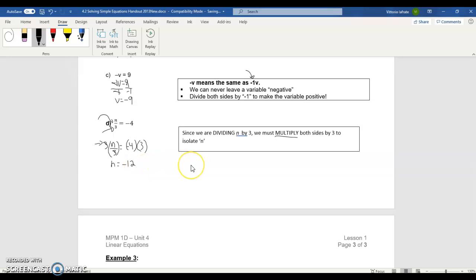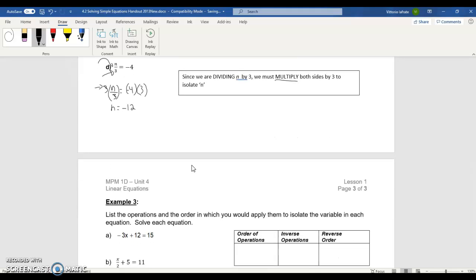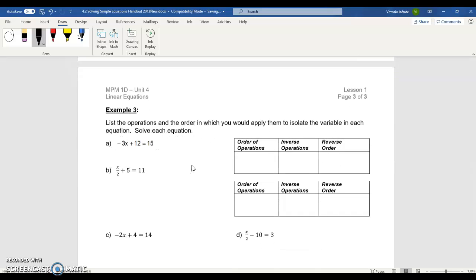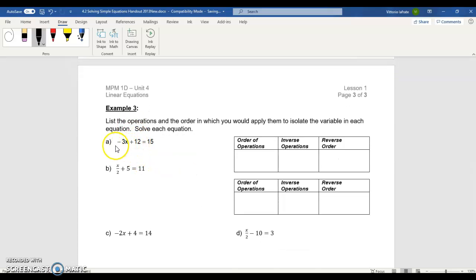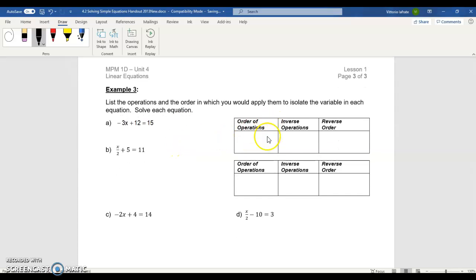And so we did some examples where we had to do inverse operations for multiplication and division. We've also done examples in part 1 of this video where we had to do inverse operations for addition and subtraction. Now what we're going to do is we're going to do some examples where we combine the two. So let's start over here with example A. I'm going to use this table to show you the planning I'm doing for the first two examples. And then afterwards I'm going to do the examples C and D without the tables, since you'll have the idea in your mind already. So if we look at A over here, we have negative 3x plus 12 is equal